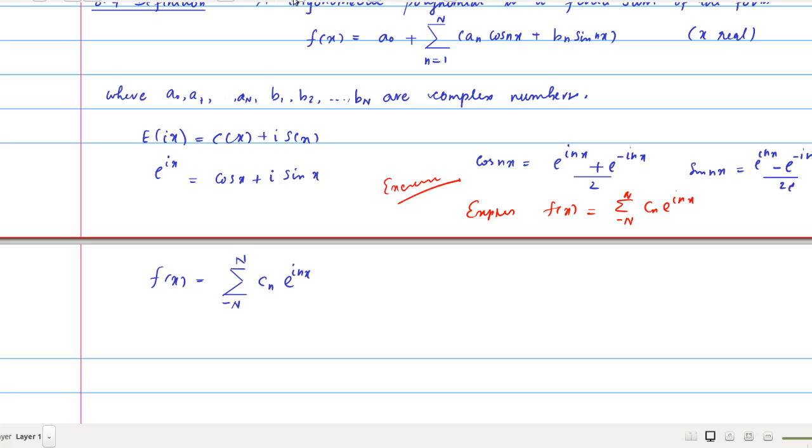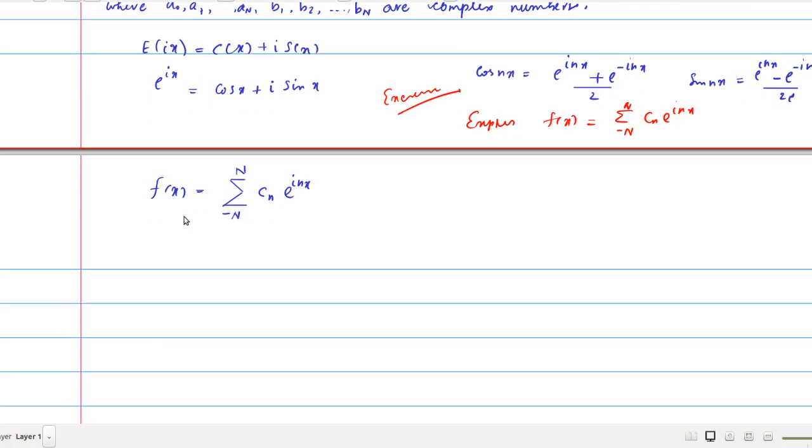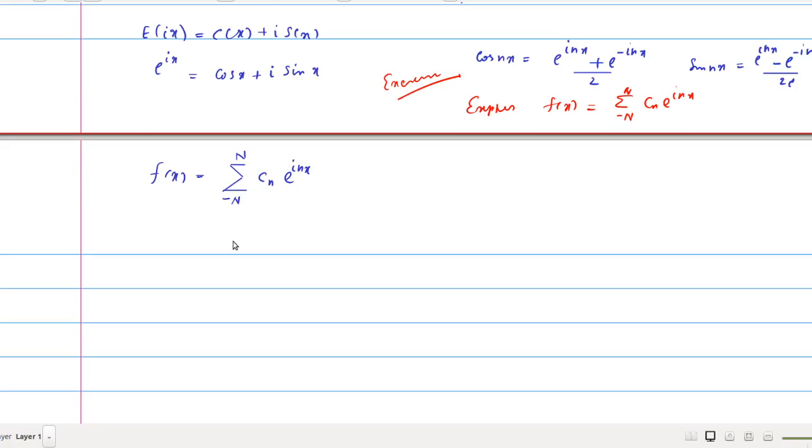And now from this expression of f of x we can extract the coefficients of this trigonometric polynomial using the fact that e raised to i nx has the period 2 pi. Therefore we write this: if n is a non-zero integer,